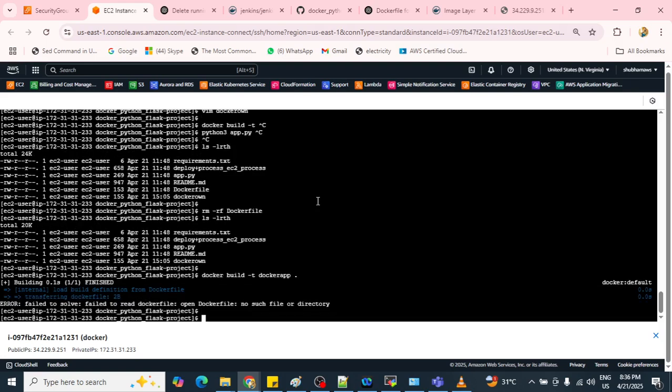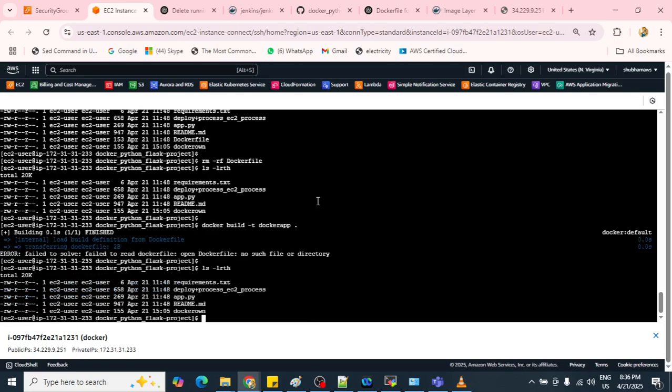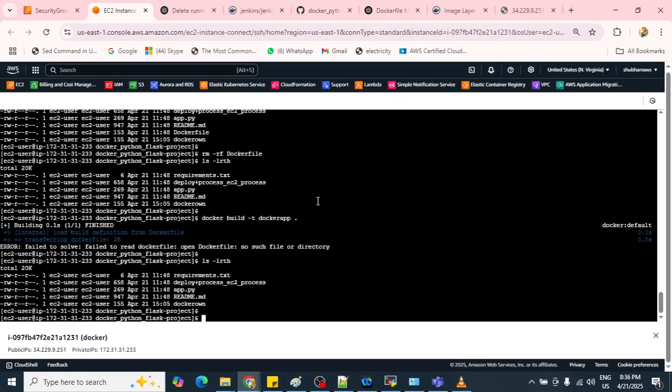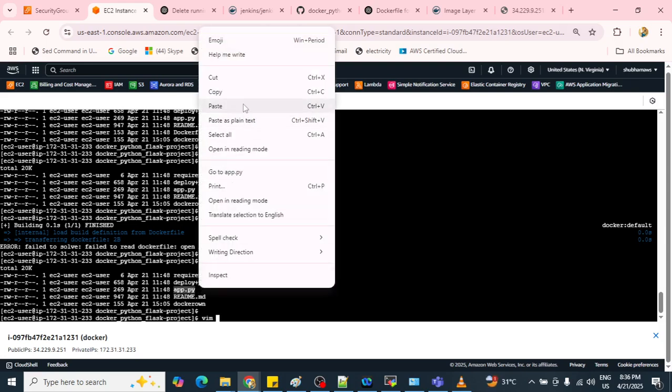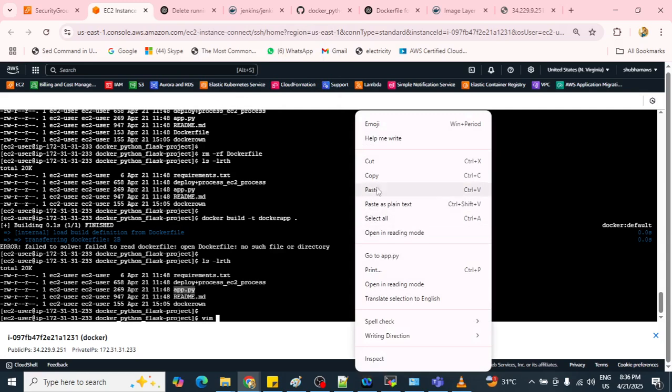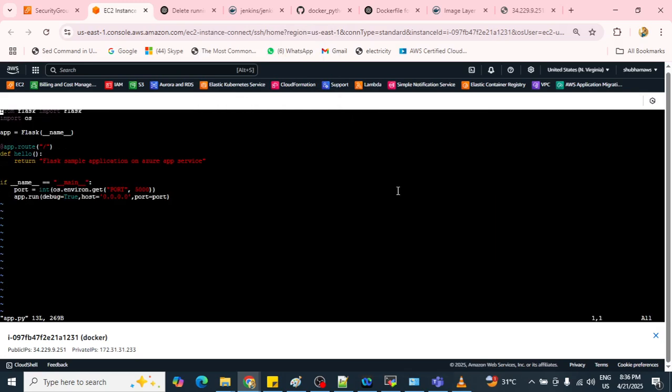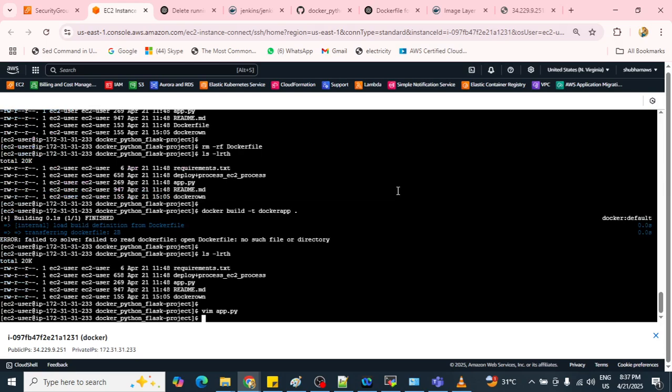No such file, Dockerfile, no such file. There should not be case.